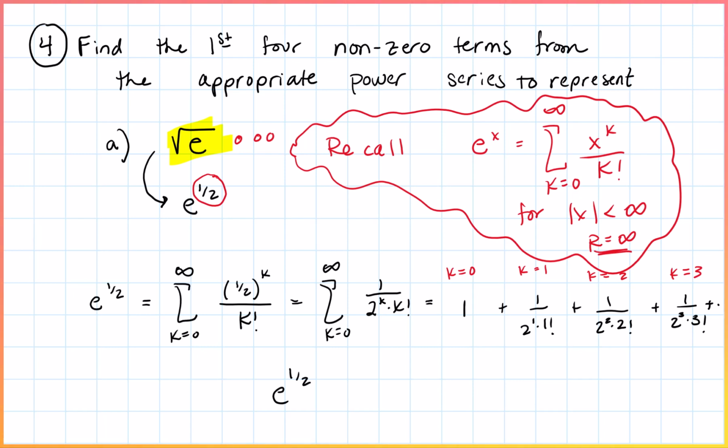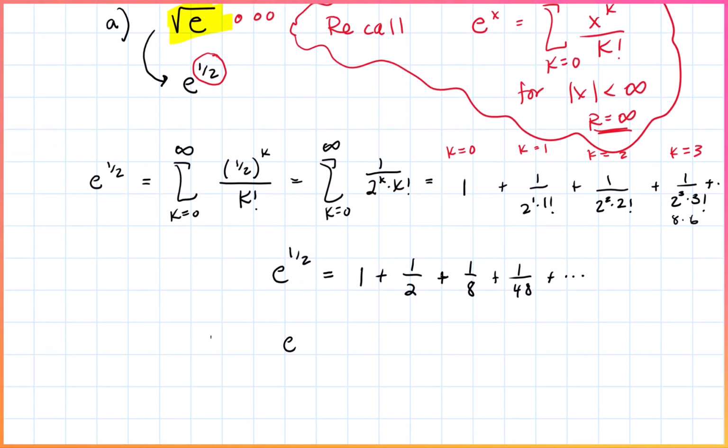So e to the 1/2 is equal to 1 plus, if I simplify that, 1 over 2. Then 2 times 2 times 2, we get plus 1/8. Trying to do the math in my head there. 8 times 3 times 2 times 1 is 6, so 8 times 6. So we get plus 1 over 48, and that continues. So e to the 1/2, the square root of e, can be approximated by the sum of these first four non-zero terms. This ends up being 79 over 48, which is approximately